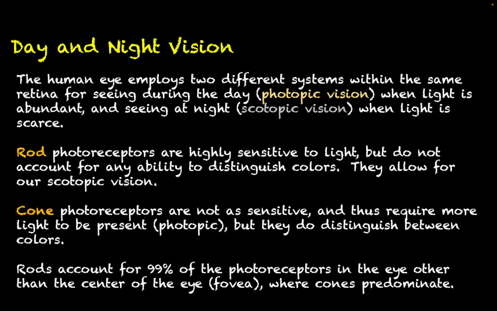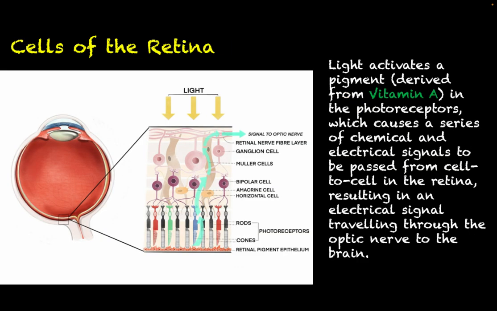If you look straight ahead and focus dead straight ahead of you, you are using your cones to collect the visual information about what is right in front of you, whereas your rods fill in the information on the peripheries. So if we look real quick at the cells of the retina,